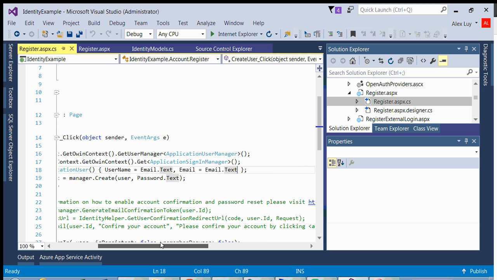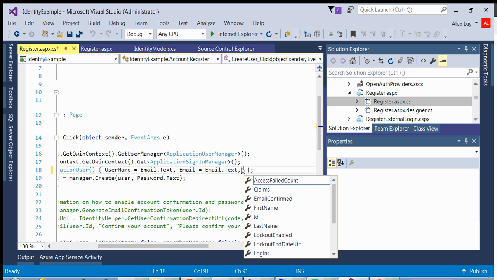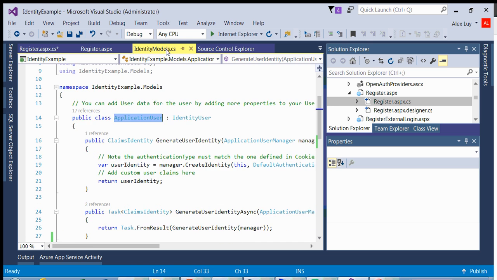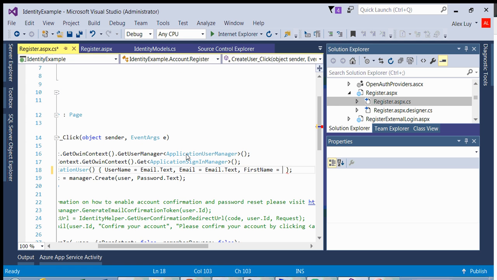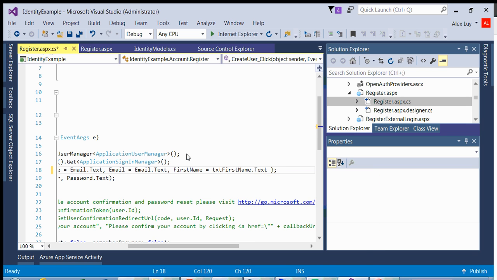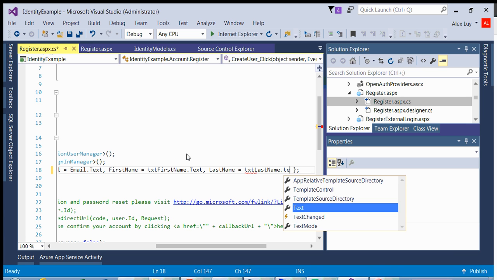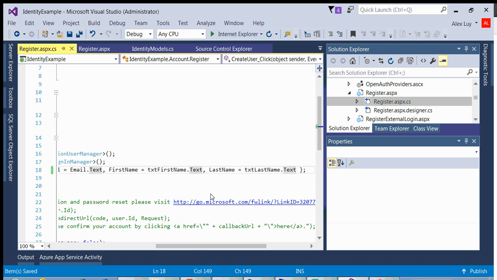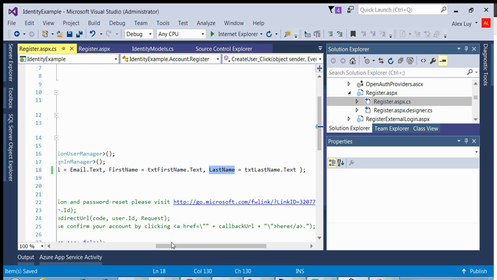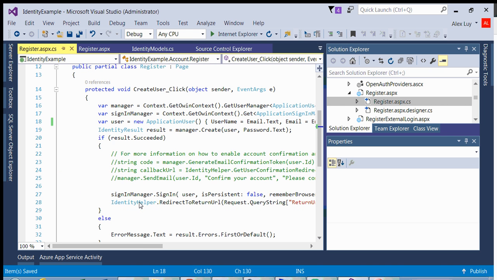Not add a user, but just have their profile information. So what we'll do is we'll add a first name, which is the property that we're referring to here. Okay, and we will set that to our text first name dot text, because that comes from our register form, and then last name, and that will equal text last name dot text, which again comes from the register form. Okay, at this point you're almost done,